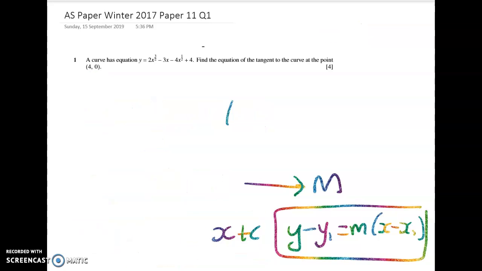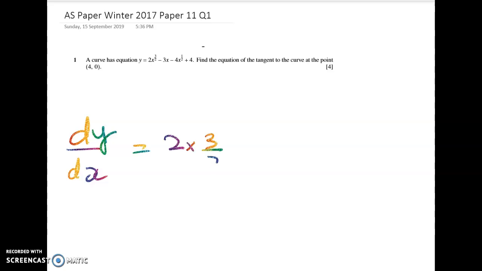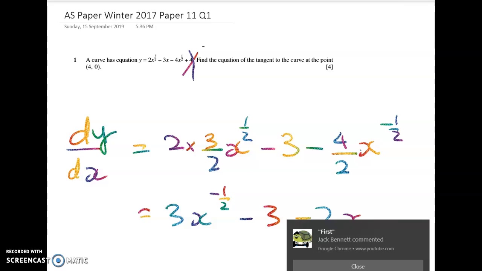Right, so the first step is to differentiate and see what we get. It's already got fractional powers. I don't need to clean it up at all. We can just get going. So dy by dx is equal to 2 times 3 over 2 x to the 1/2 minus 3 minus 4 over 2 x to the negative half, and that doesn't have any derivative. So cleaning that up gives me 3x to the negative 1/2 minus 3 minus 2x